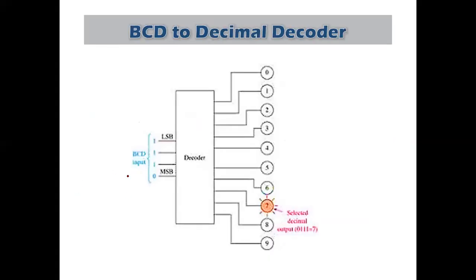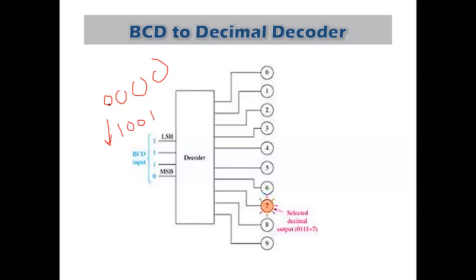See, the last one is the BCD to decimal decoder. If I apply the BCD, the data will change from 0, 0, 0, 0 up to 10. Only 10 different data you can have in BCD. That's why we have only 9 combinations, from 0, 0, 0, 0 up to 1, 0, 0, 1 in the BCD.